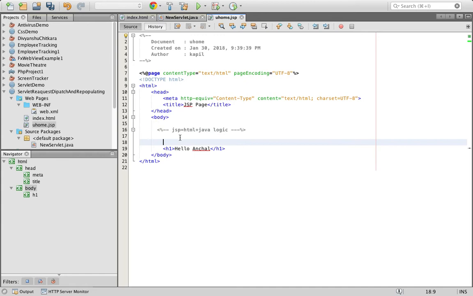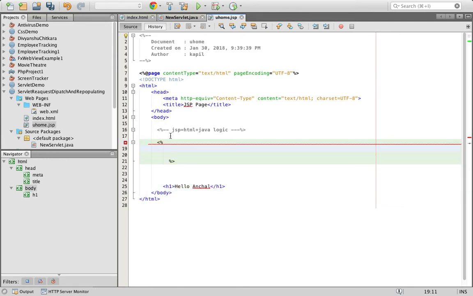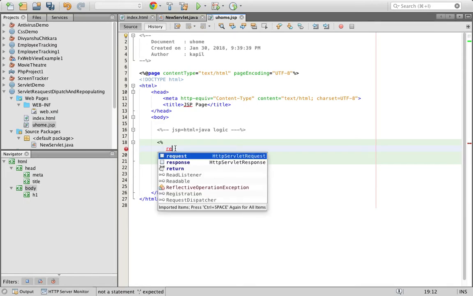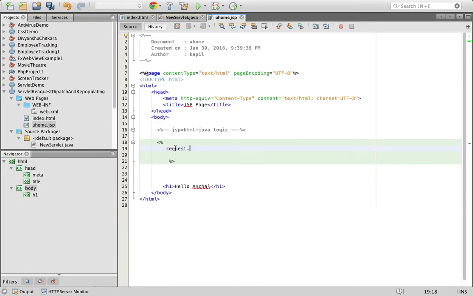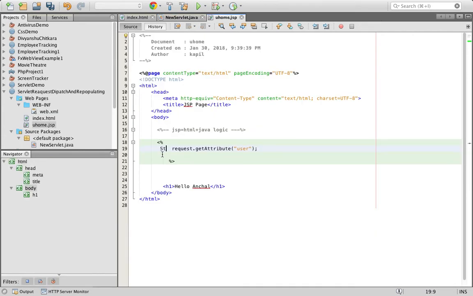Okay, so next, how can you retrieve information? You will have to use this tag. This is the scriptlet tag. What is the scriptlet tag? That is the scriptlet tag. Inside this block you can use Java coding. How? Use the object of request dot getAttribute. If you want to get the attribute, you will have to set it first, like you set user. Where will you have to set it? On your servlet page. First you'll have to set the object, then dispatch that object to your home page, and then you can retrieve it. You can store it into a variable like name,